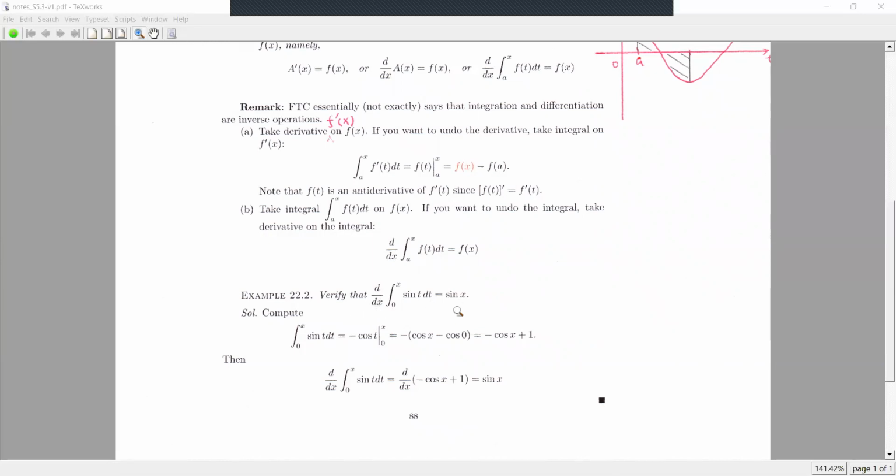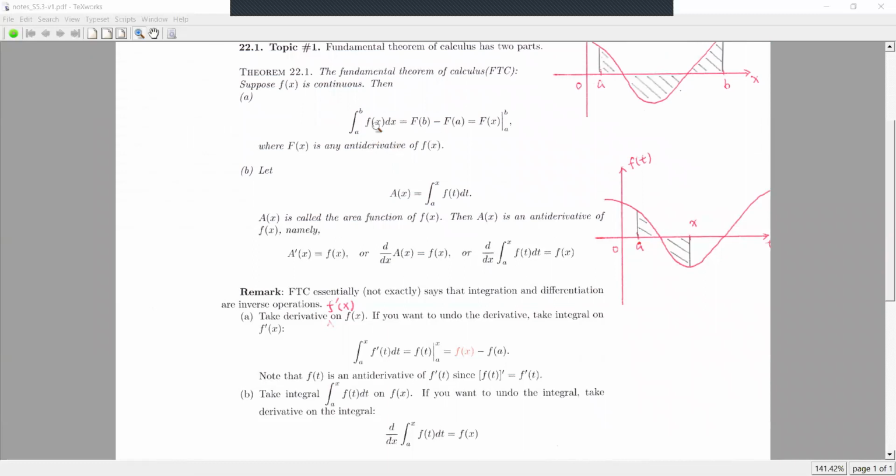Okay. Now, how to verify this equation? Let me compare the integral first. Take the integral of sine from 0 to x. Okay, x is a variable. By part A of